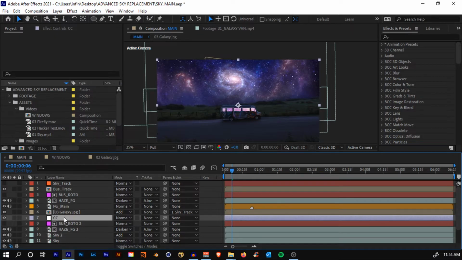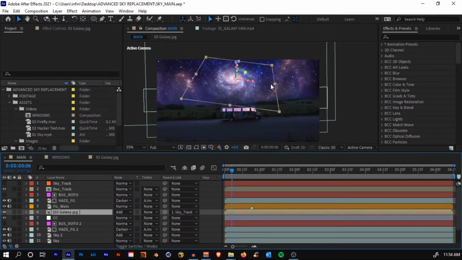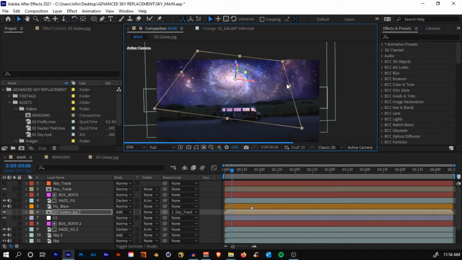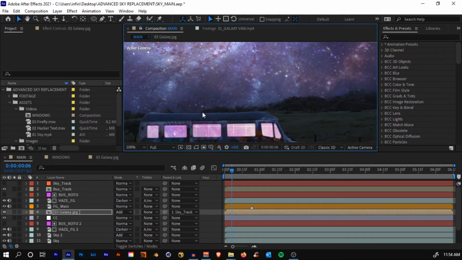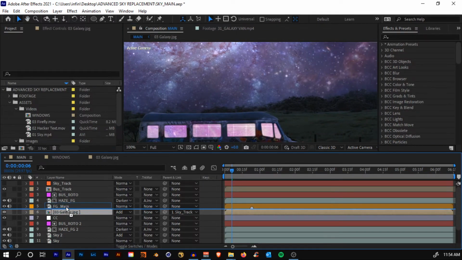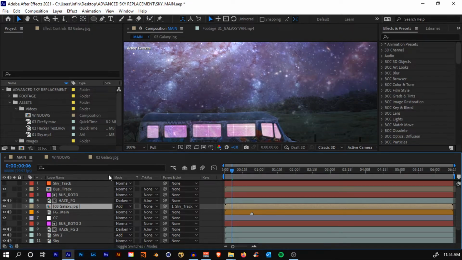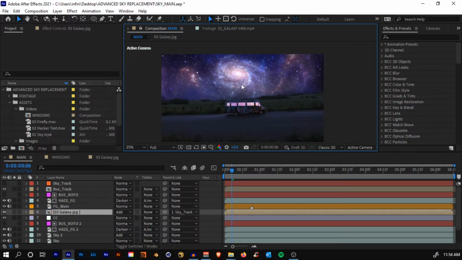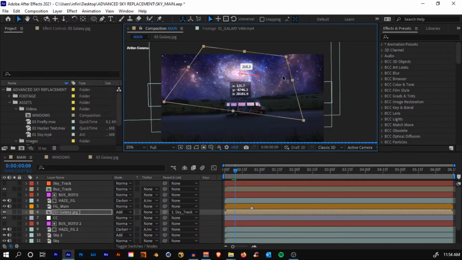not below the color correction layer but below the foreground layer, because if you try to scale it now it will be behind this layer, but if you just try to put it on top you'll see that it is now on top. So yeah, below the foreground layer and increase the size to something like that and just center it.